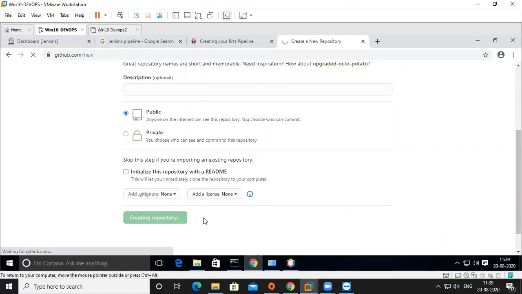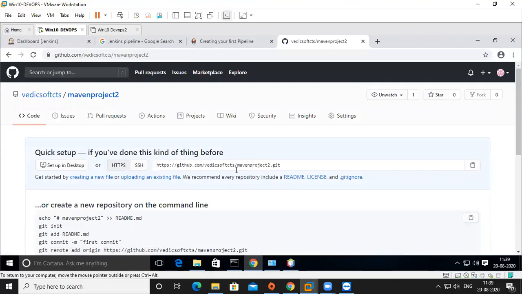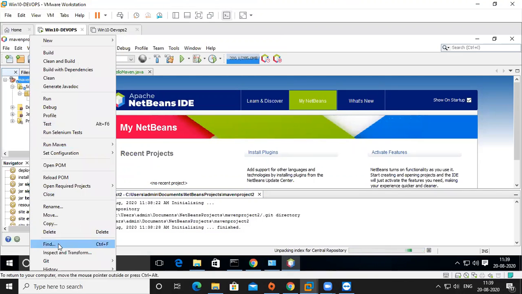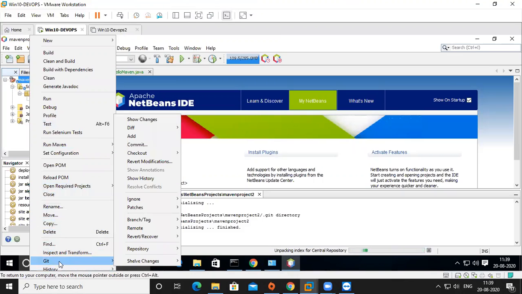I'm creating the repository, then taking this line with Control C. Initialization is finished. Now right click, and you can see the Git option. Instead of versioning, it is showing the Git option.